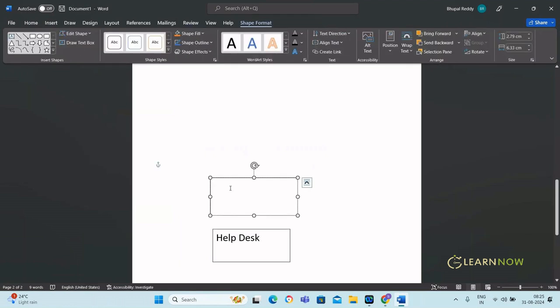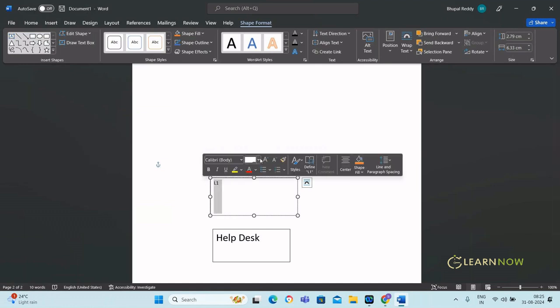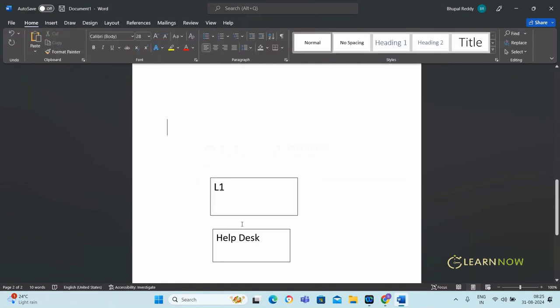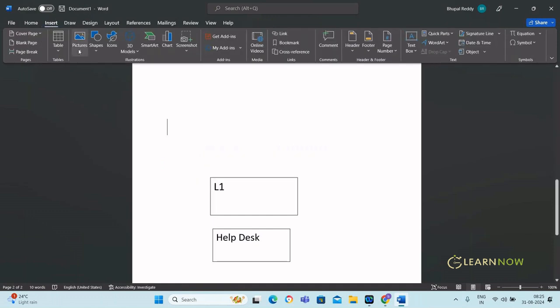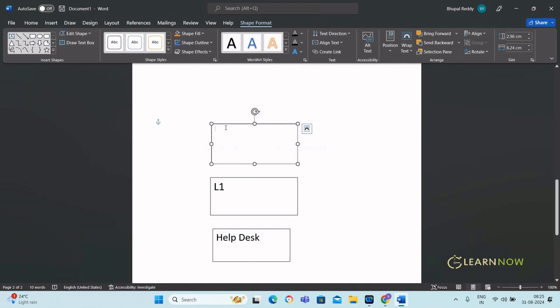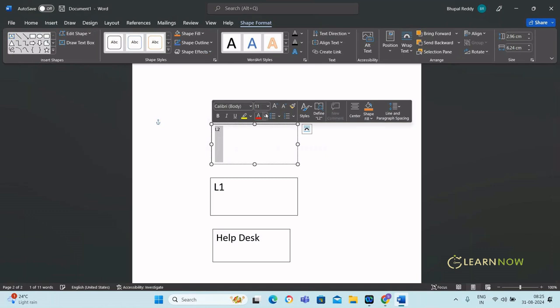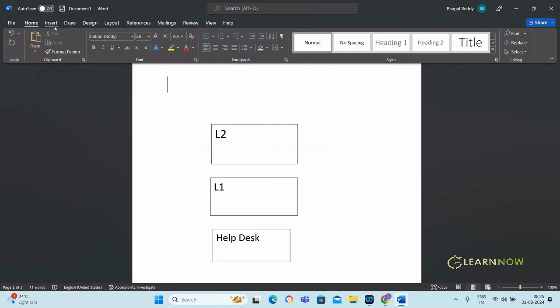The L1 team will have only basic knowledge. These guys will only do monitoring and assigning tickets to L2. Okay, this is the way you will work on a daily basis if you are in the support team. I'm telling you so that it will be useful for someone who doesn't know about the organization structure and all the things. This is L2, and on top of this,